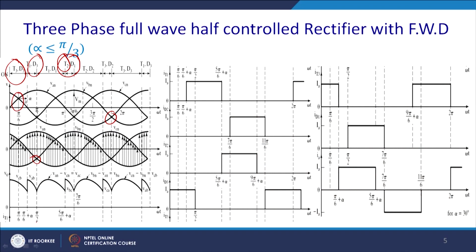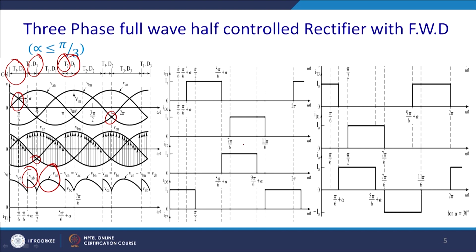So, for the time alpha + pi/6 to alpha + pi/2, you will get first CB, thereafter AB, thereafter AN, thereafter AN minus CN, that equals VC, thereafter BA, in between you get CA, again you get CB, AB, and in such a way it will continue. And the current through the thyristors will be delayed by some angle alpha from pi/6. So, it will continue to 5 pi/6 plus alpha, and thereafter again it will continue after pi/2.